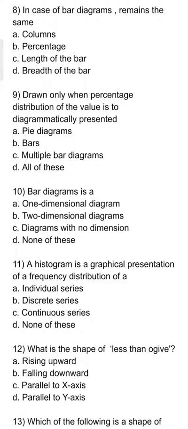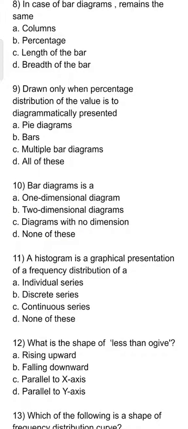तो हम MCQs कर रहे थे। हमारा नेक्स्ट क्वेश्चन है, in case of bar diagrams remains the same: A columns, B percentage, C length of the bar, D breadth of the bar। तो इसका आंसर है D breadth of the bar। Next question, drawn only when percentage distribution of the value is to be diagrammatically presented: A pie diagram, B bars, C multiple bar diagrams, और D all of these। तो इसका आंसर है A pie diagrams।